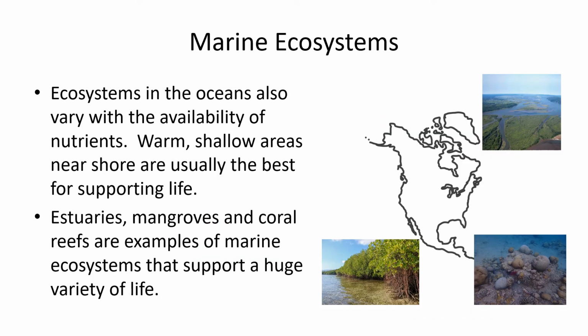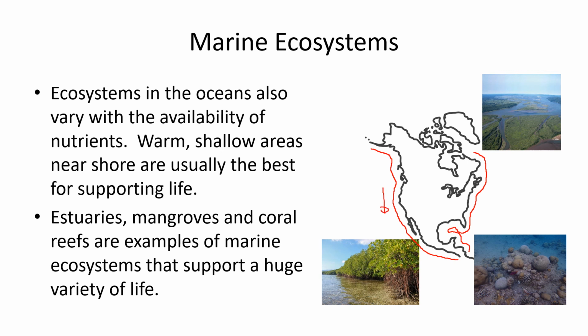All right, so finally we have marine ecosystems. Marine means in the oceans. So of course there's salt water in the oceans, and the places where you find the most marine biodiversity are usually the places that are closest to shore and where it's warmest. And so the warmth, of course, means that more green organisms that produce energy can survive.